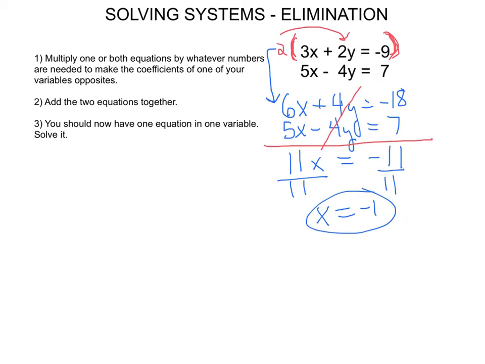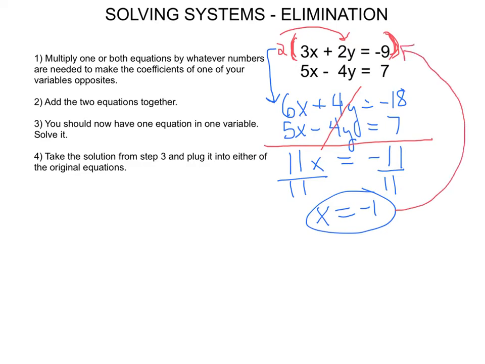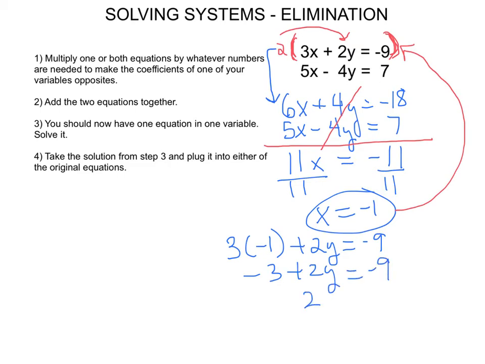Great. So again, we're halfway done. We have the x coordinate of our answer. Now we need to find the y coordinate. So the next thing we need to do is take the value we just found, in this case x is equal to -1, and plug it into either of our original equations. It doesn't really matter which one you choose. I'm going to choose the first one for this example. We've got 3 times -1 plus 2y is equal to -9, and so we get -3 plus 2y is equal to -9. Add the 3 to both sides, and we get -6, and so we get y is equal to -3. So now we have our x and we have our y,